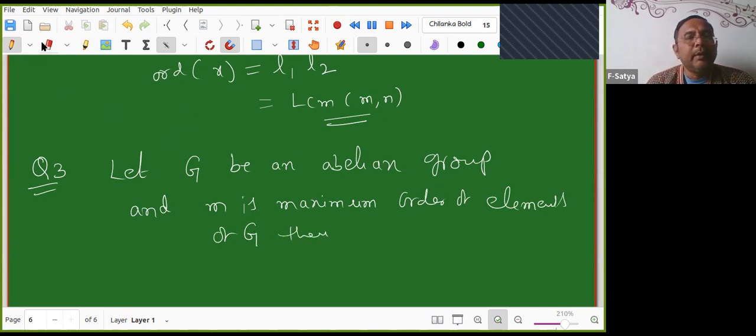Let G be a finite abelian group, so that things will go much better. And let M be the maximum order of elements of G. Then,